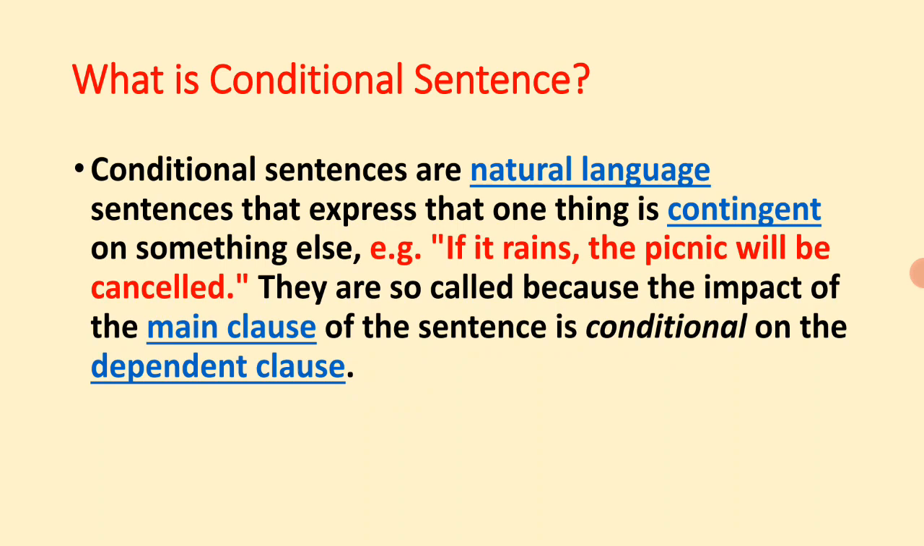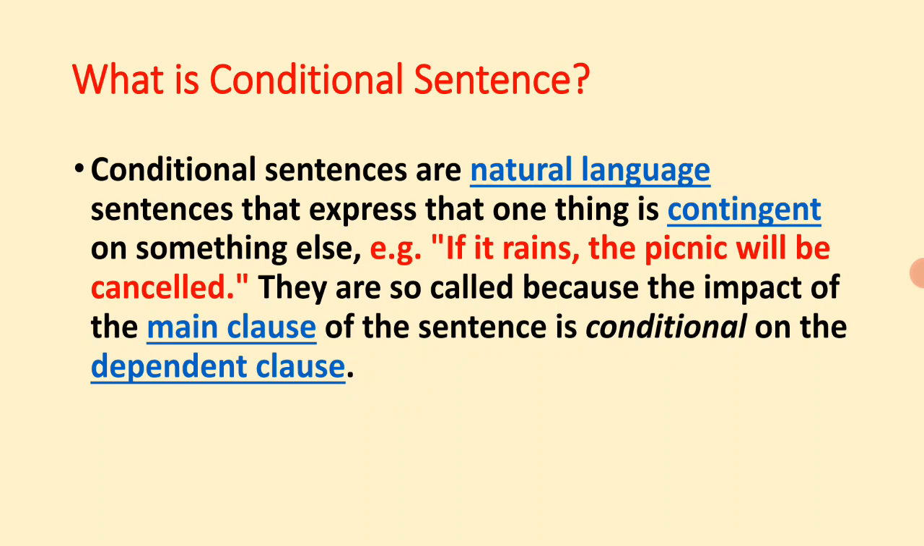So there will be two parts in a conditional sentence. First one is the dependent clause and the next one is the result clause. The dependent clause will be the conditional clause and the next part is the result: the picnic will be cancelled. They are so called because the impact of the main clause of the sentence is conditional on the dependent clause. So, as we have told, here if it rains is the conditional clause and the result clause is the picnic